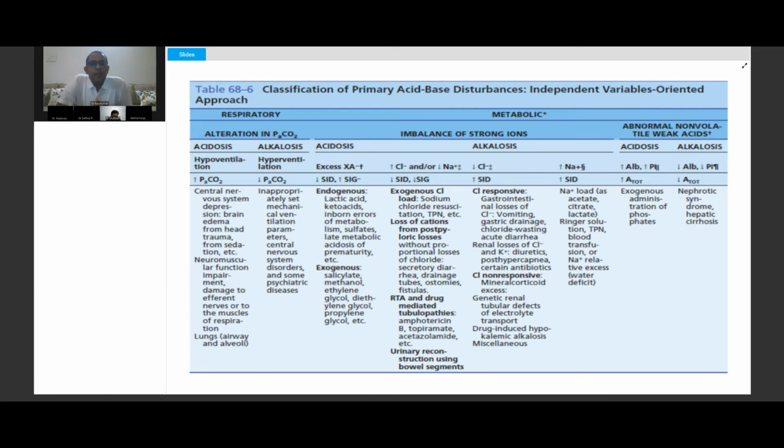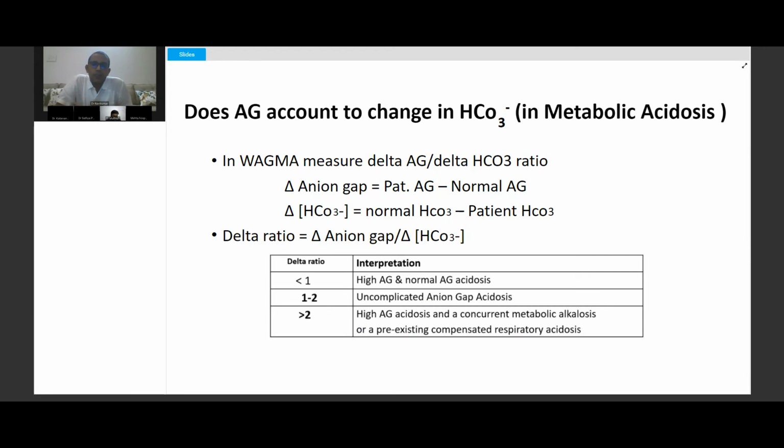So when you have a metabolic acidosis, we also need to know whether there is any concomitant other metabolic disorder, because it is always possible that you may have a mixed acidosis. Best example is when you have a Bartter syndrome. Because of hypovolemia, they may have a normal pH at times, but when you evaluate them in shock or acidosis, they may have underlying metabolic alkalosis.